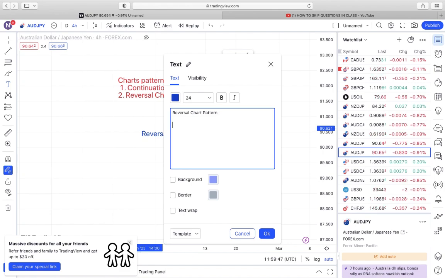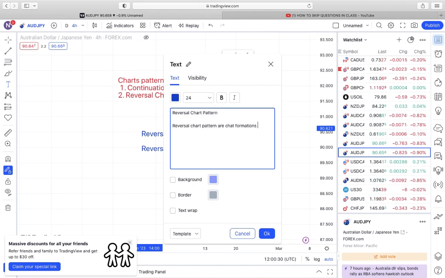With your own understanding, what are reversal chart patterns? Let us define it first. Reversal chart patterns are chart formations that signal